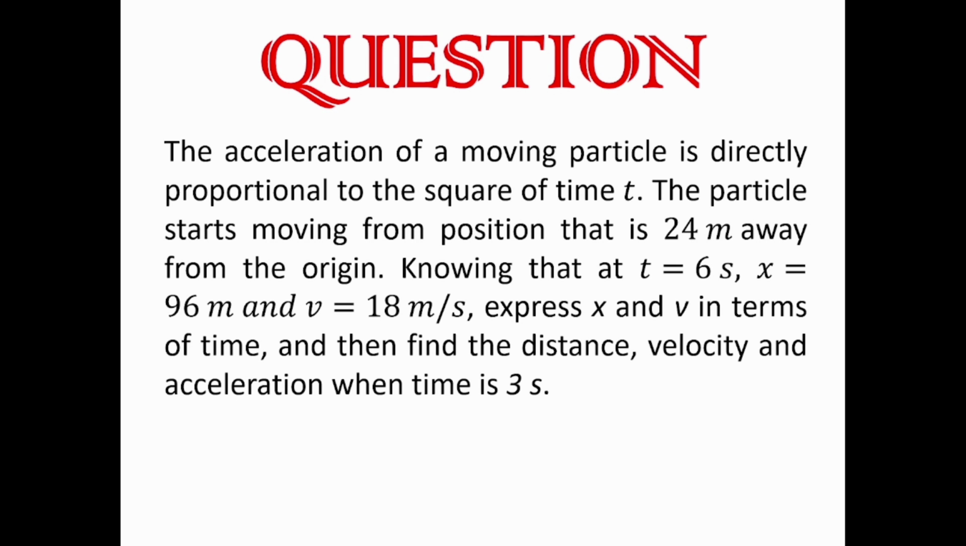The problem is about a particular particle whose acceleration is directly proportional to the square of time. The particle starts moving from a position that is 24 meters away from the origin, and knowing that at time t equal to 6 seconds, x, which is the displacement, is 96 meters, and v, which is the velocity, is 18 meters per second. The first part of the question requires us to express x and v, that's the displacement and velocity, in terms of time,